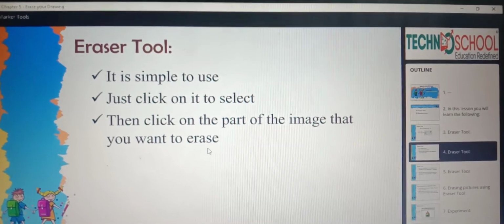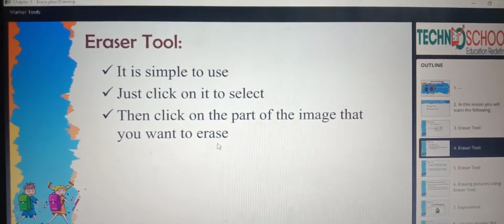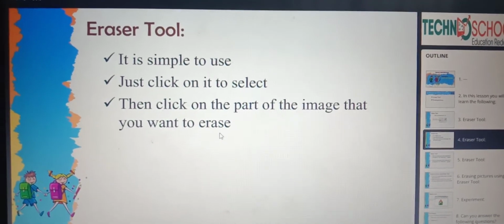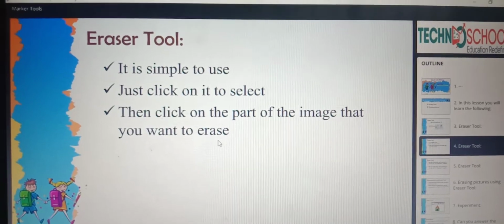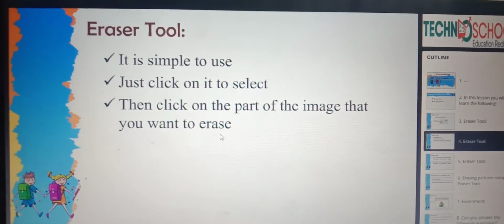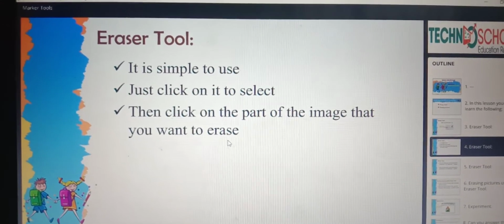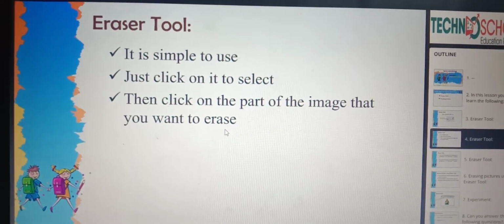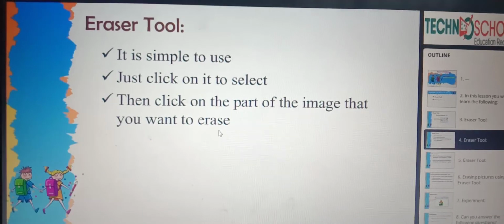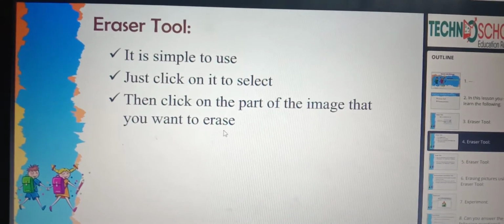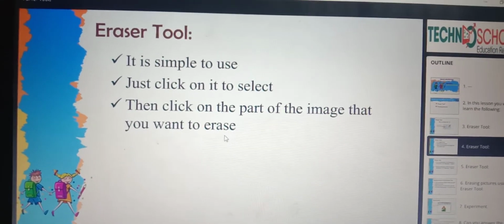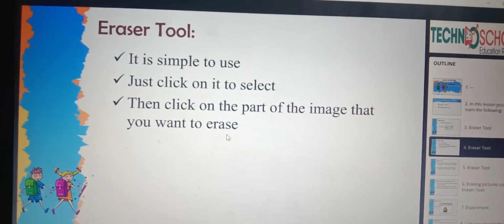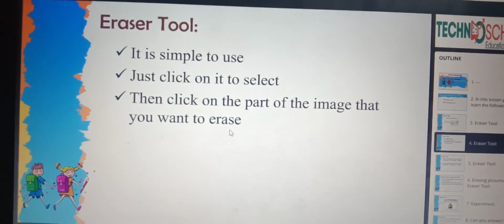When you want to select the eraser tool, you just need to click on that particular tool. Just click on it to select. Then click on the part of the image that you want to erase, and place your mouse pointer on that particular part to erase.